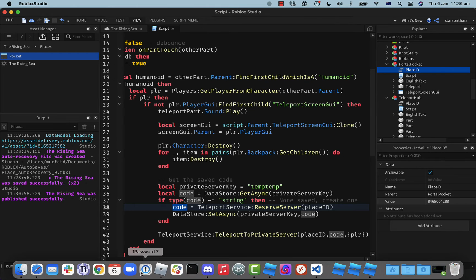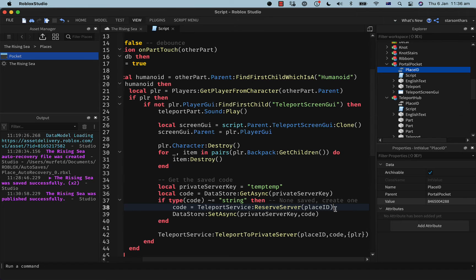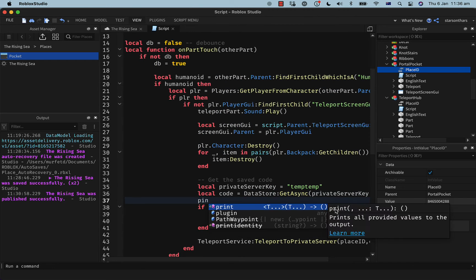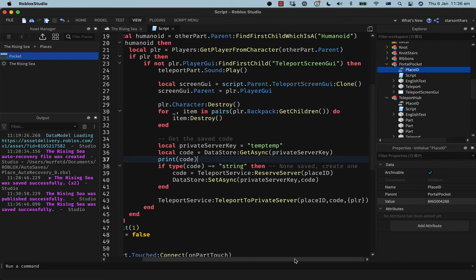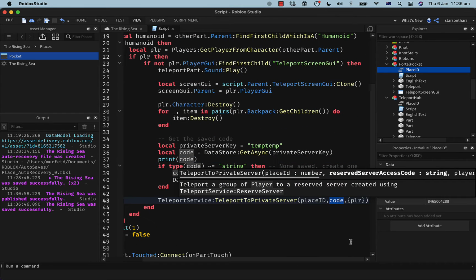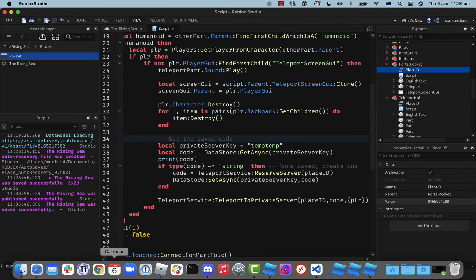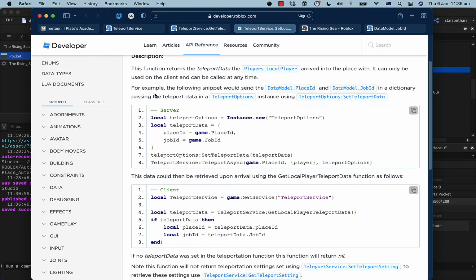What is the code? What does that mean? I don't know. It's just this thing that comes from TeleportService. Maybe it is the job ID. Well, where do you reuse it? In here. And what is that? It's a code returned by that function.